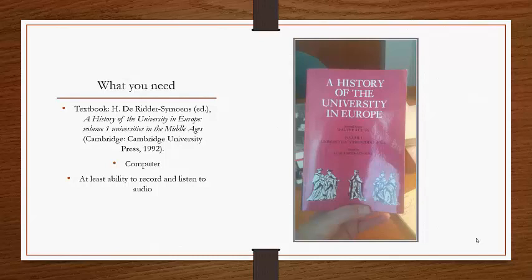Now, for the graduate students, and this is why it's 500 level, it's because it's both undergraduates and graduate students. Now, undergraduates, do not panic that it is 500 level. The graduate students are graded and assessed differently. They're weighted a bit differently, and they're on their own grading rubric when it comes to things like the research paper. So you're not expected, if you're an undergraduate, to work like a graduate student. Graduate students, you're not going to get away with pretending you're an undergrad. You are being treated differently.